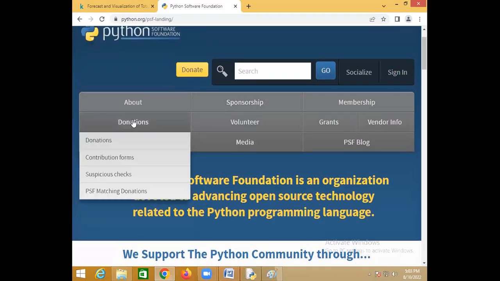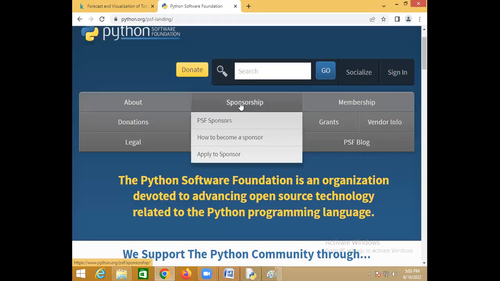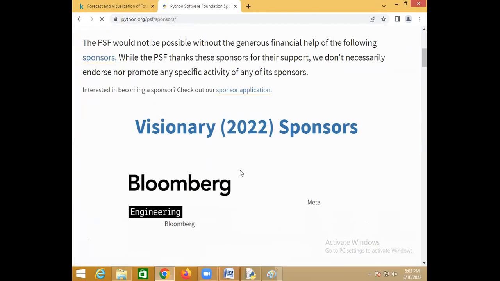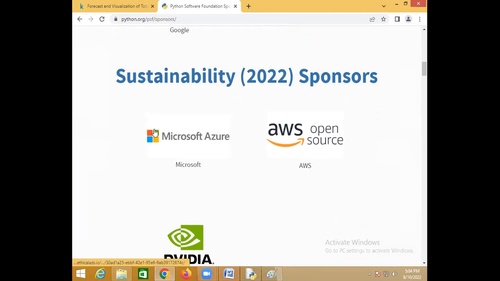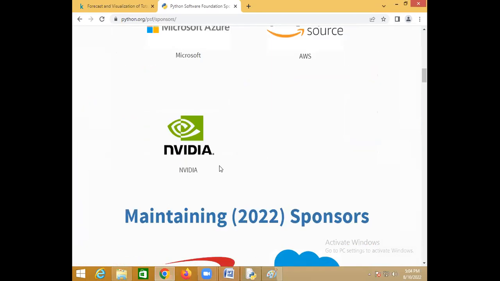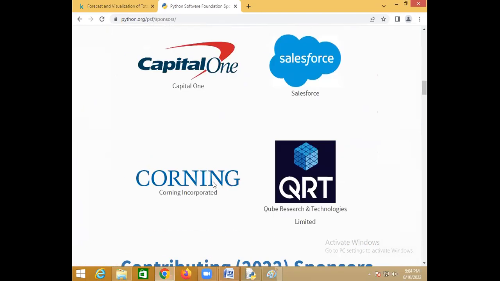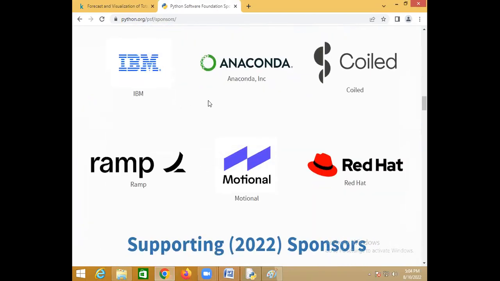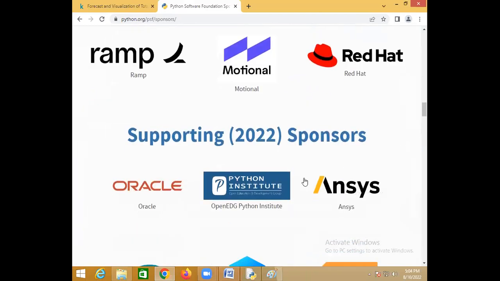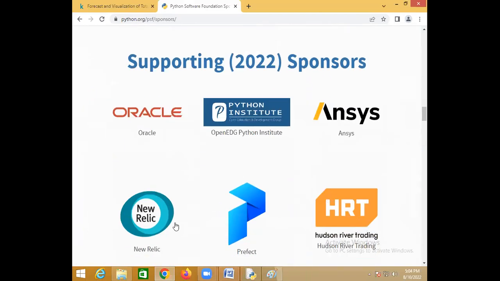So yes, you can see donations, sponsorship. Okay, sponsors are there. Who are the sponsors of PSF? You can see that big companies are there: Microsoft, AWS, Salesforce, IBM, and Oracle.